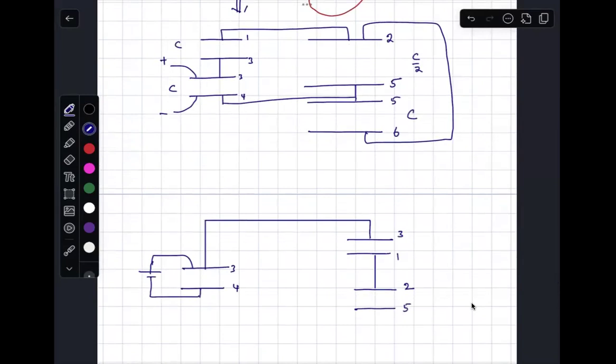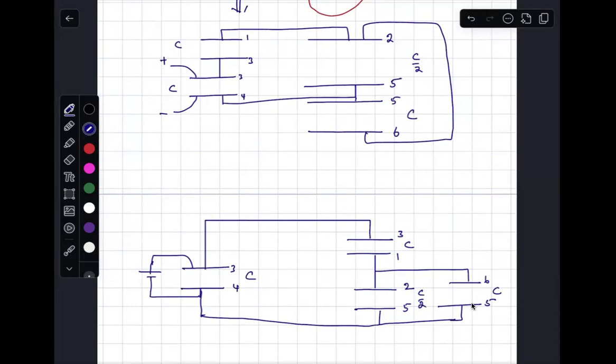Five you have. Six you have. Five you have. And this terminal is connected to. Just confirm whether you followed this, yes or no. And by the way, this is capacity C, 2-5 gap capacity C by 2, 6-2-5 capacity C, 1-2-3 capacity C,